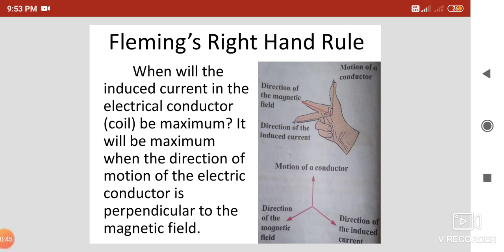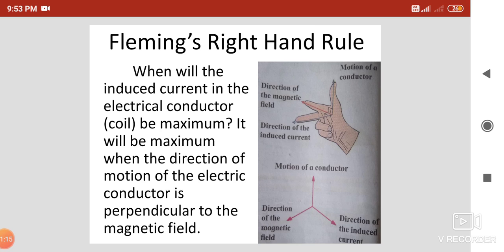Now when the electric current is passed in the solenoid coil, a magnetic field is produced around it. When we move the other coil around the solenoid coil, current is induced in the other coil. So this we discussed in the last video. Before that we have seen Fleming's left hand rule, and a couple of videos back the right hand thumb rule. So today we are going to discuss Fleming's right hand rule.